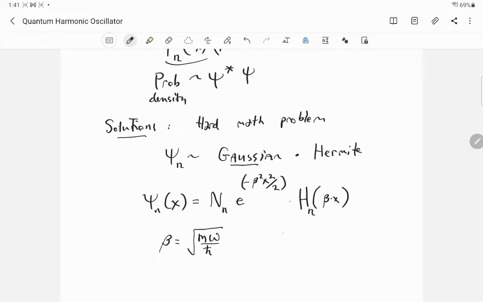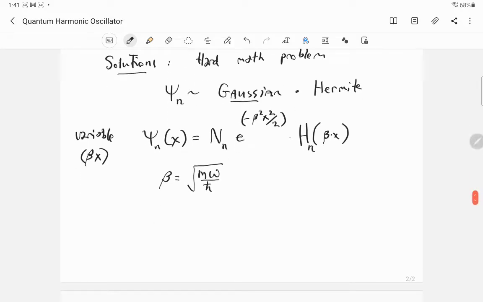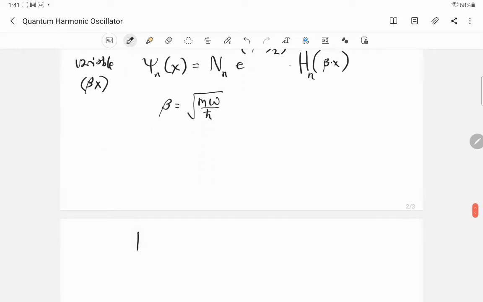All right, so that's what beta is, and beta goes in here multiplying the x, and beta goes up here also multiplying the x. In a sense, beta x is a little bit more fundamental than x by itself, right? So beta x seems to be the interesting variable, not just x. So anyways, let me back off that and just say, the Hermite polynomials